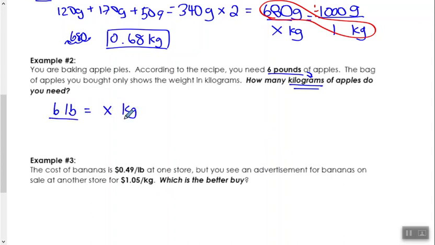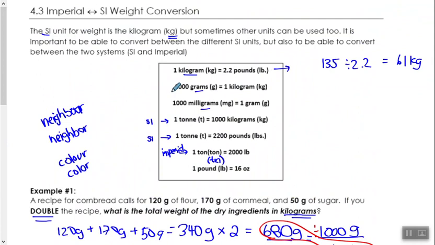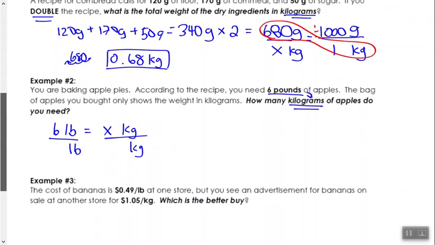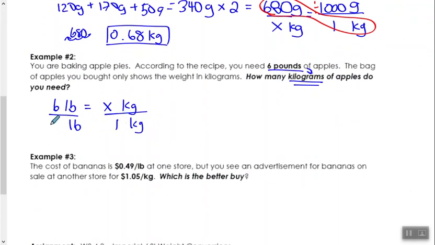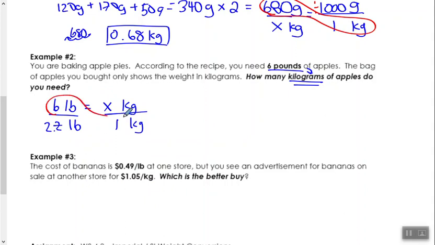What is it? I can always set up a proportion, lining up my units, pounds and pounds, kilograms and kilograms. And let's take a look. So pounds to kilograms. Well, I know that 1 kilogram is 2.2 pounds. And solving this proportion, looking for this one, multiply and divide. So 6 times 1 divided by 2.2, I get